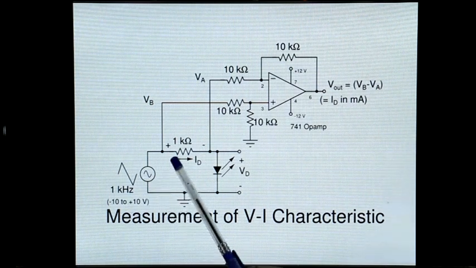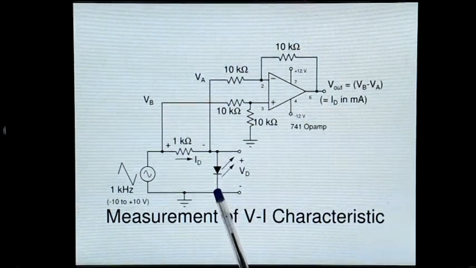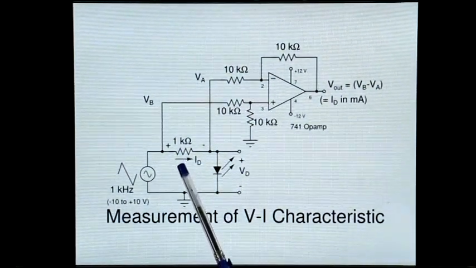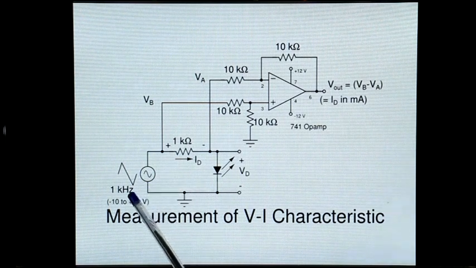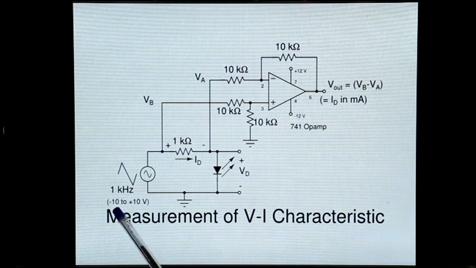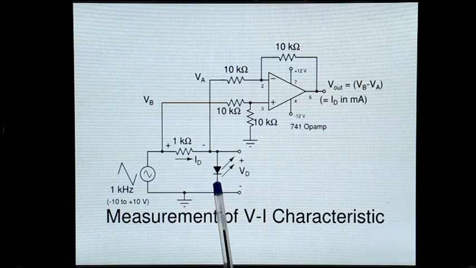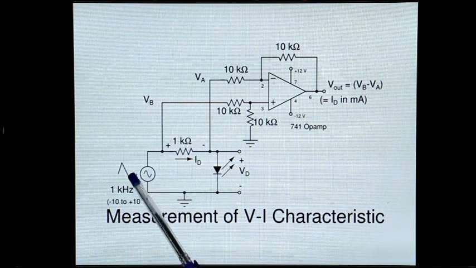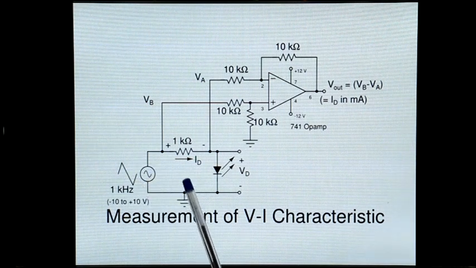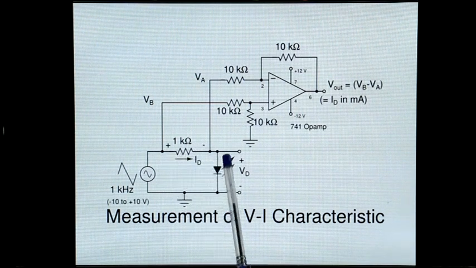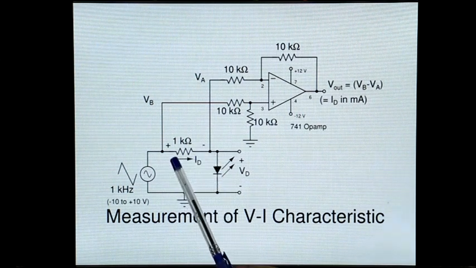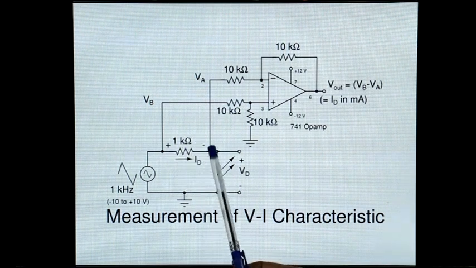You can see that in this particular case an LED is connected through a resistor of 1 kilo ohm to a source which is a ramp, a triangular waveform, 1 kilohertz, going from -10 volt to 10 volt. This is an LED, therefore it will conduct only during the positive half cycle, when the anode is positive. When current flows through this, let's say 1 milliamp flows through a 1 kilo ohm resistance, you would have 1 volt across this.